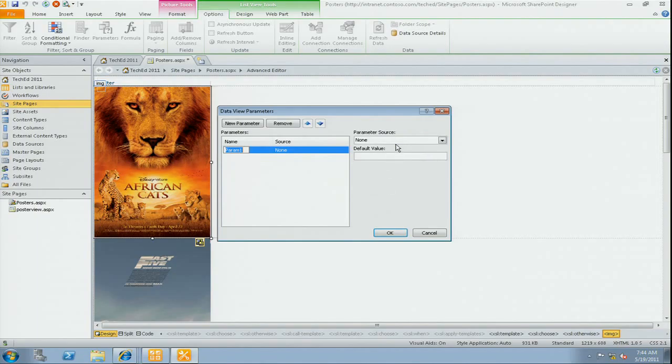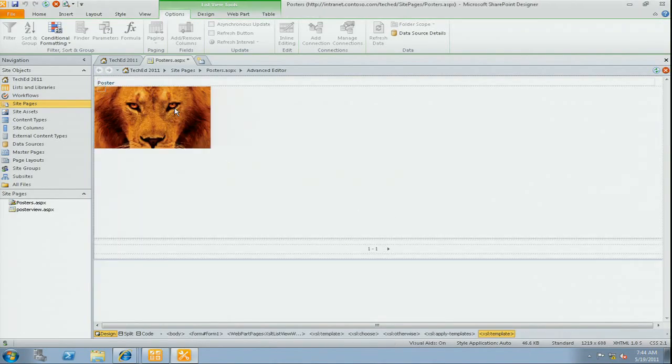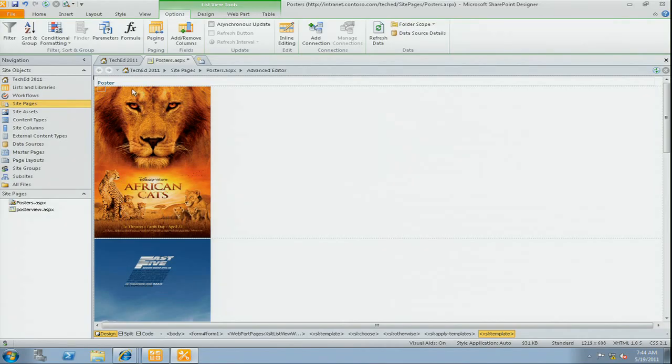When you do the web report, you have to always use the same query string name, and it's called endpoint URL. So we'll just call this movie title, and then we're going to say we want to use the query string and endpoint URL. And then I'm going to say the default value is blank, so it always pulls up that blank image that I have in that list. And once we do that, we can save this guy,